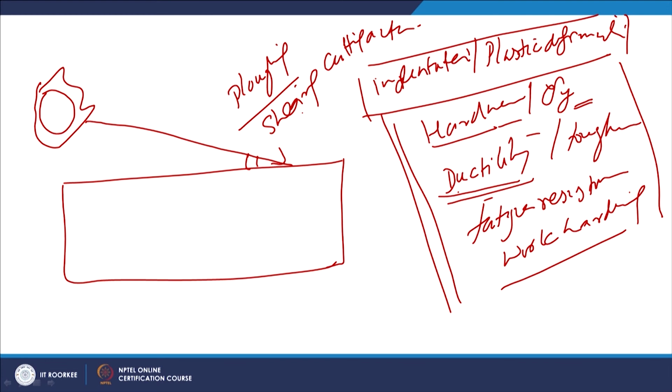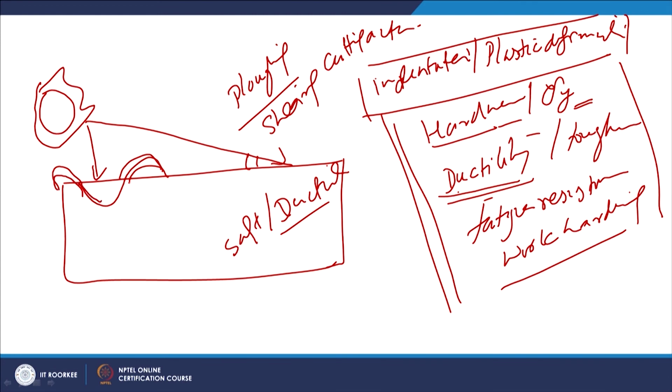On the other hand, if the impingement of this kind of particle takes place at a high angle, then this will be more the phenomenon of soft and ductile metals. If this kind of workpiece metal is subjected to impingement at a high angle, then sidewise flow will take place. All the material will be displaced sidewise like this. This extensive sidewise flow of the metal forms a pit. So, actually there is no removal of the material, but the material flows sidewise.